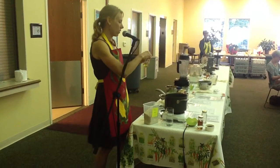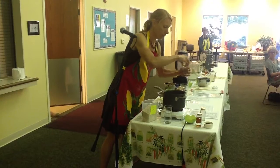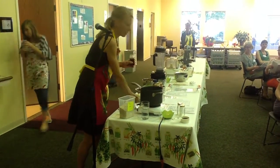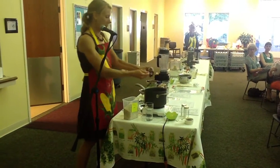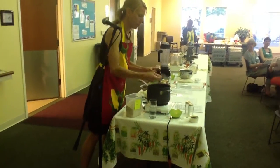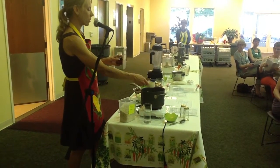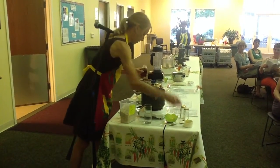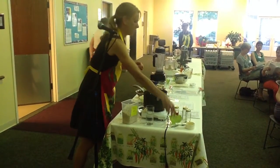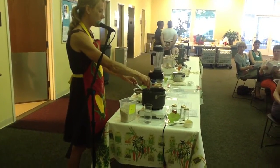2 tablespoons of olive oil. Mix that in there. And then a tablespoon of maple syrup. This is the Bragg's liquid aminos. It looks just like soy sauce. And the nutritional yeast. You stir it up,